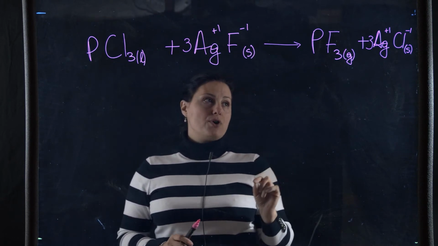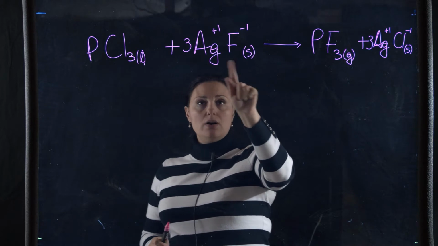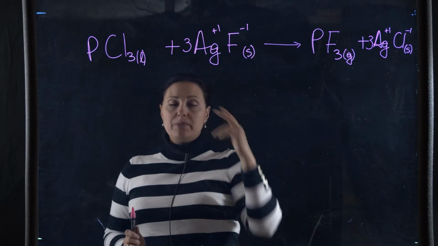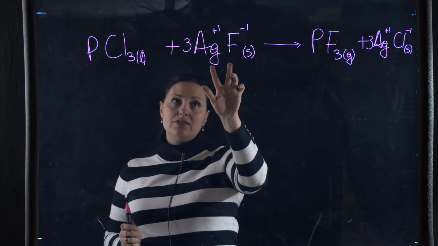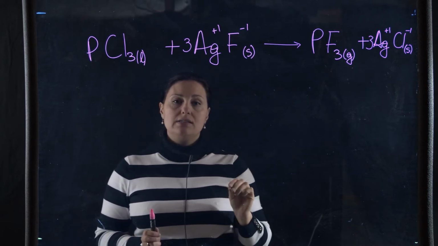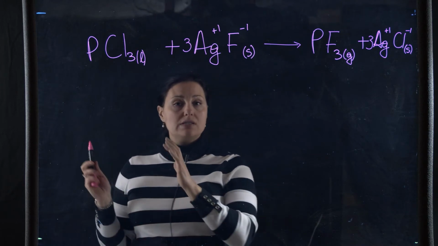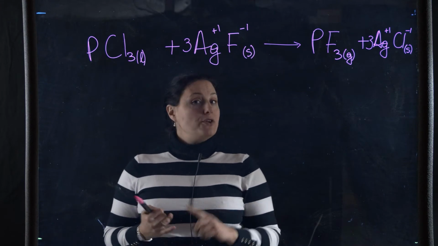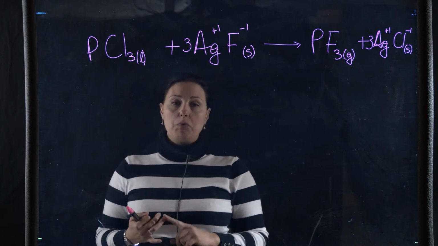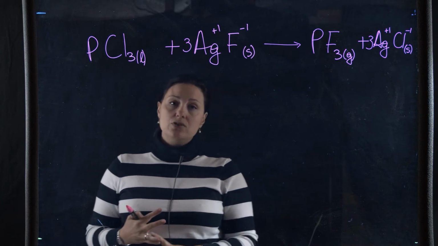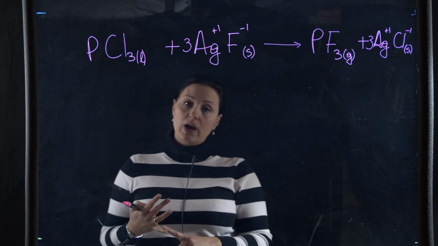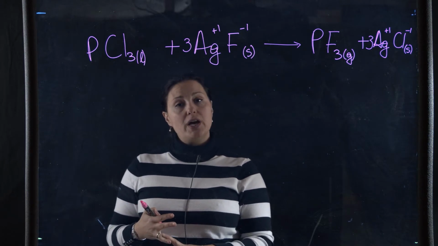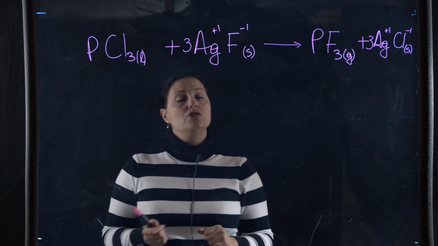Remember, when you are writing the formula of an ionic compound, you have to make sure that compound is written in a neutral way, which means the total positive charge has to equal the total negative charge. For those, you have to know the charges of the polyatomic ions. You have to know the charges by group. So group 1 always has a +1 charge. Group 2 elements in the periodic table have a +2 charge.